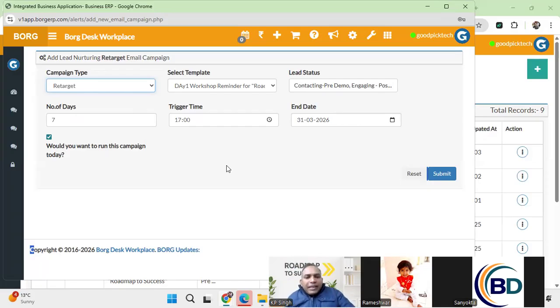So let me clarify. Retarget means you are sending to the selected stages with the selected content. You are sending trigger time, you're defining an interval. But here, what it will match, this number of days